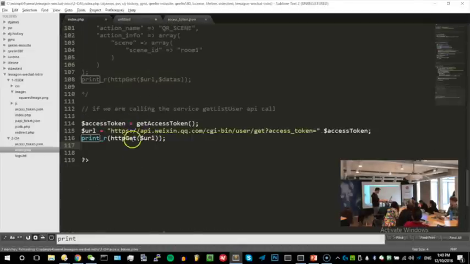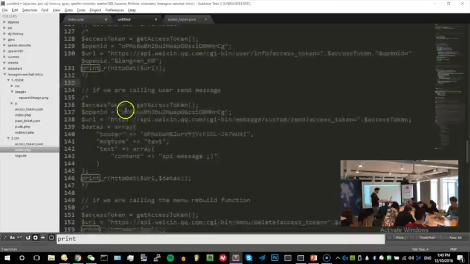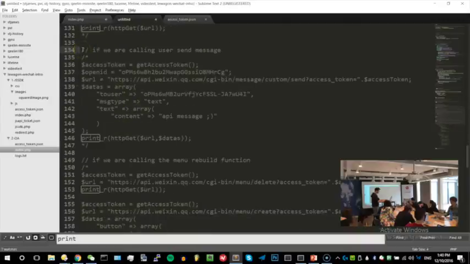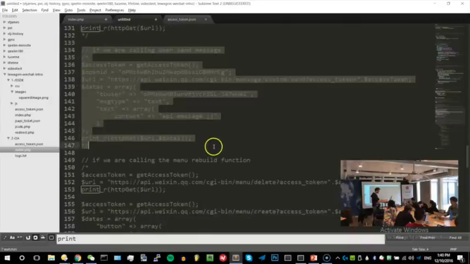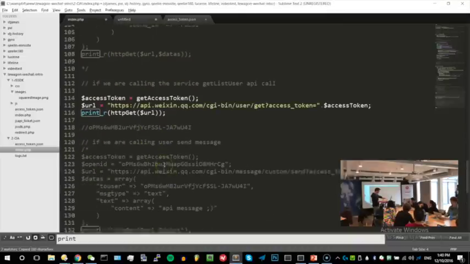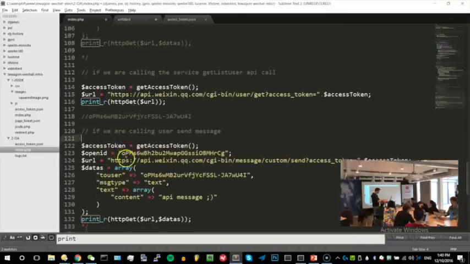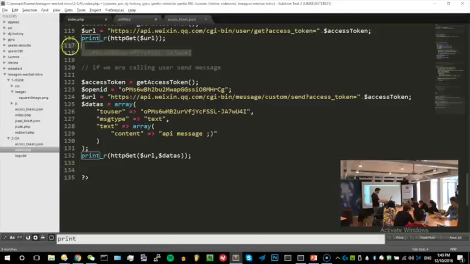I have my OpenID, that's great. And I'm gonna call the API we want. Okay, so let's do it. It's actually pre-configured. Getting the access token, taking my OpenID.